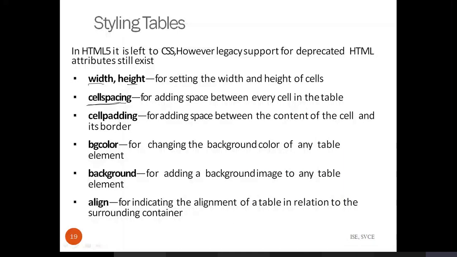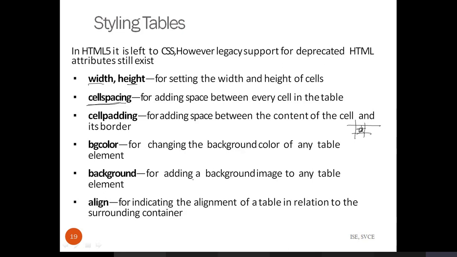Then cell padding, that is the space between the cell and the content, similar to the CSS box model padding we have discussed. Here it is with respect to the table cell: how much distance the content should keep from the border. That is called cell padding. Then BG color, if you want to change the background color of a table, that can be done.